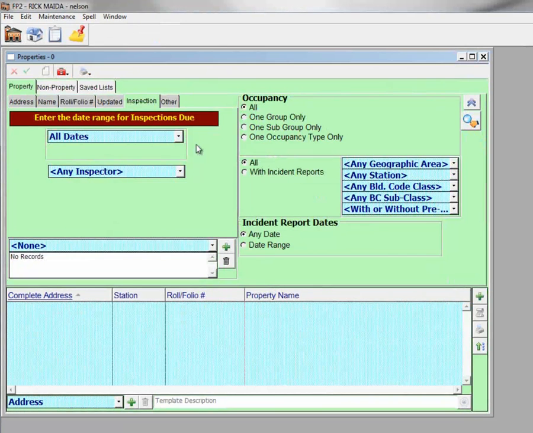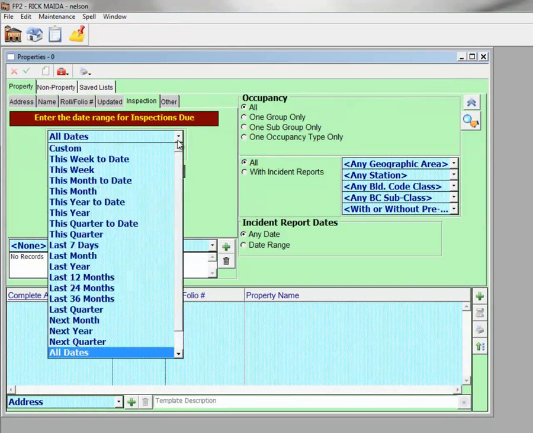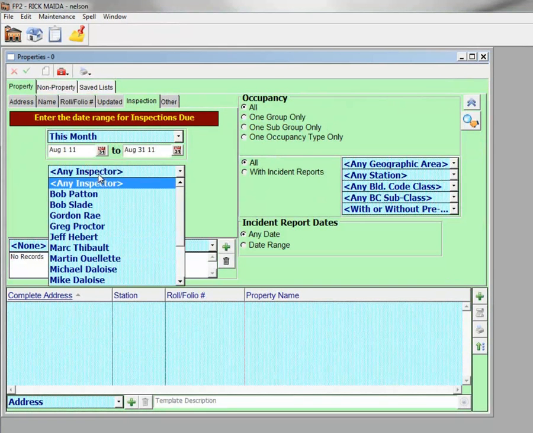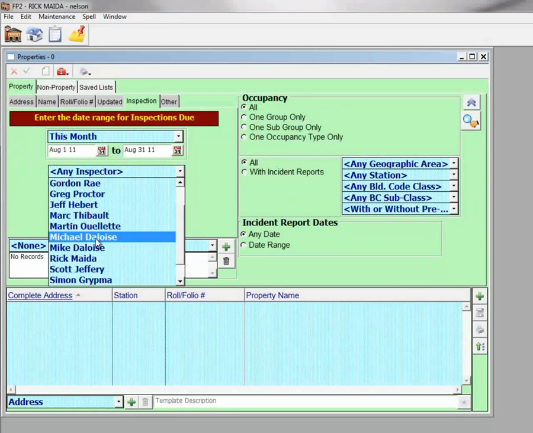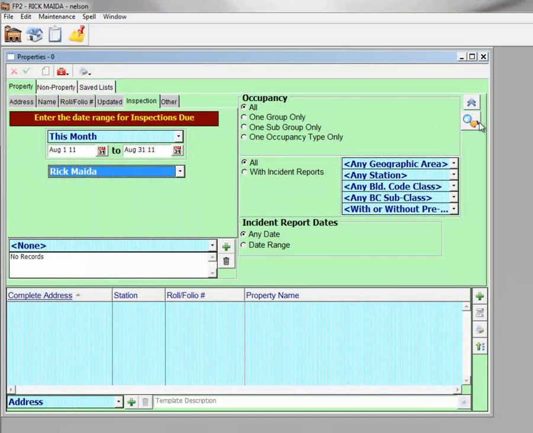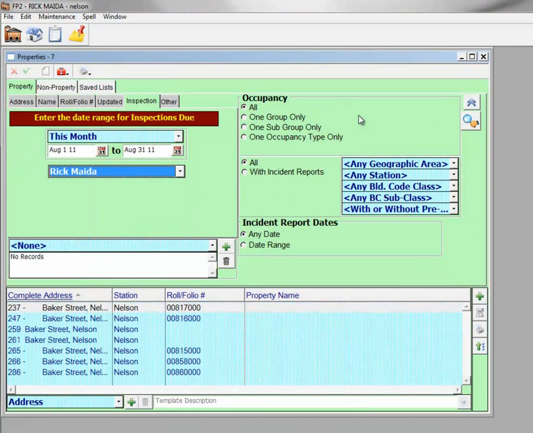I'm going to start by running a search for all the properties with an inspection scheduled on them this month, where Rick Maida is the default inspector. Once I've run the search and located the properties, I'll save it. I'm going to save this search as current month Rick,